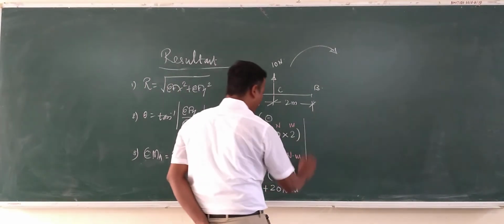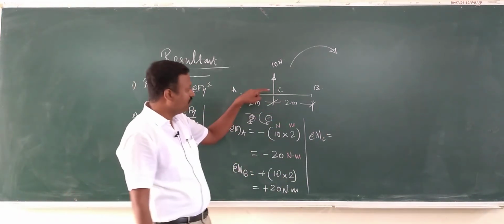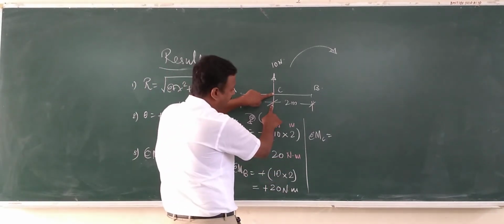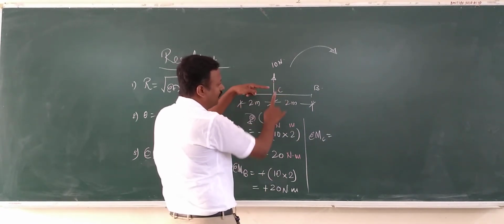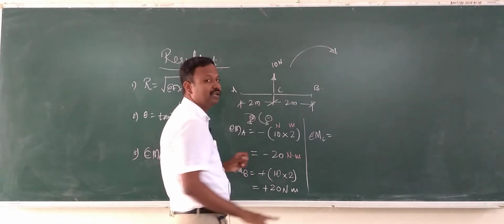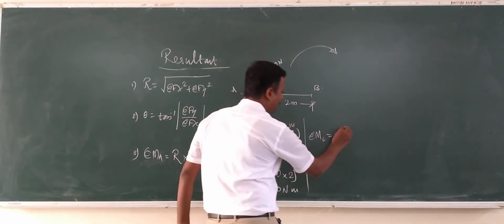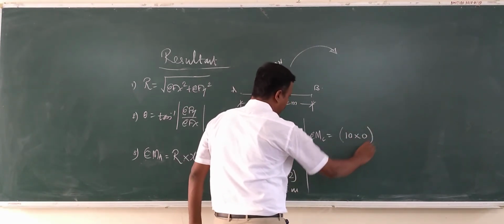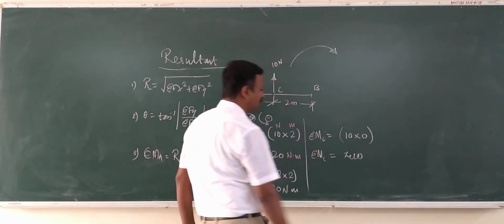Newton meter is the unit for that. Similarly, if I go for sum of moment at finally C point, what will happen? Let's see. Put your finger at C point now, rotate that force with respect to that finger. But the force is passing through that point, am I right? The force is passing through that point. So distance between that force and the point will be 0 because the force is passing through that particular C point. As the distance is 0, the product is going to be 0. In the bracket, 10 is the intensity of that force multiplied by distance 0. So product of that is going to be 0. Okay, so sum of moment at C point is going to be 0.